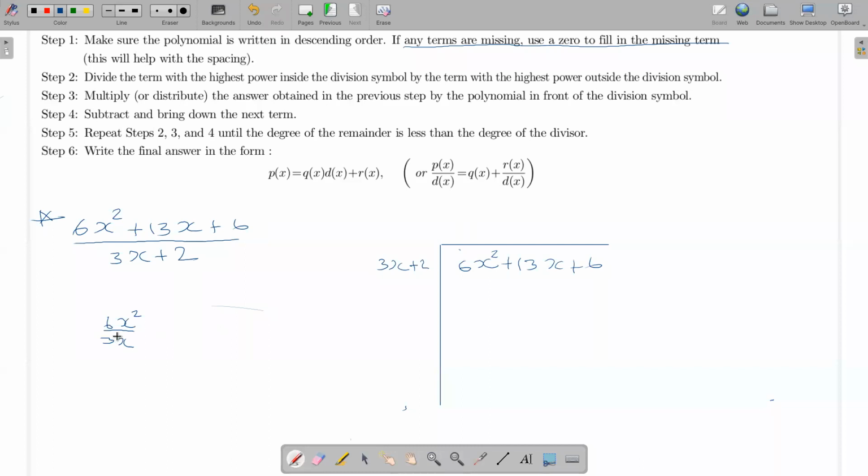Okay, 6x squared over 3x. I get 2x. I write here 6 divided by this and 2x. Then multiply by 2x, both of these. So that is 6x squared